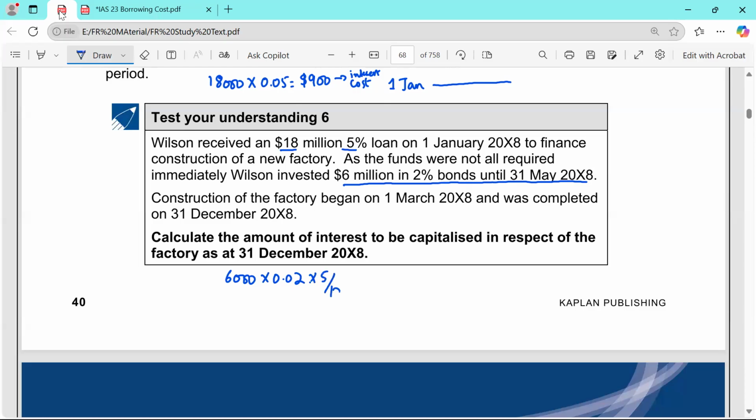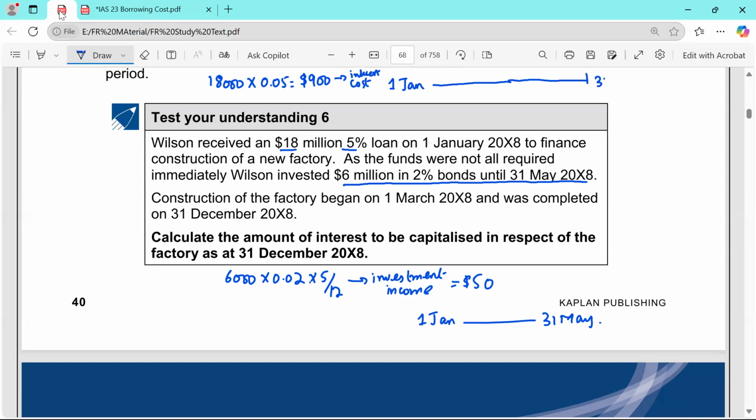Okay, so this is the investment income that you earned. Investment income is $50. Okay, clear? And what was the investment duration, from 1st January till 31st May? Also 5 months. Now, construction of the factory began on 1st March 20x8 and was completed on 31st December